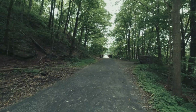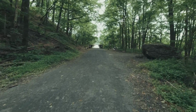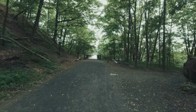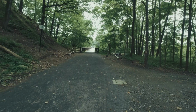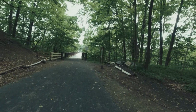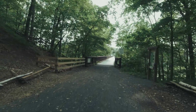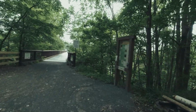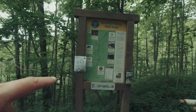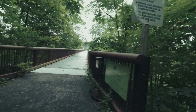And here we're coming up on the trestle. We'll take a look at this info board real quick and see what the stats are on this particular walking bridge. Ooh. Gotta burn off those 2 Egg McMuffins I just had. All right, that's just another rail trail info board. Trestle opened onto dusk. All right, it says